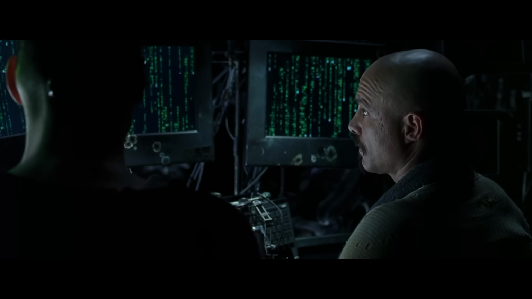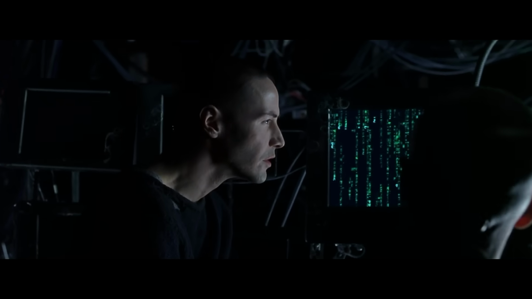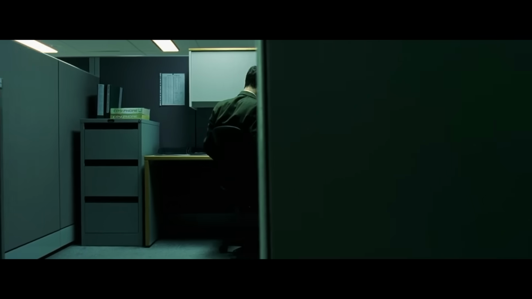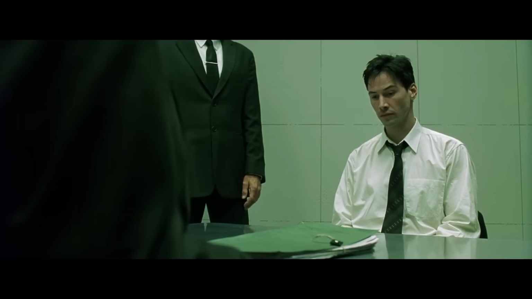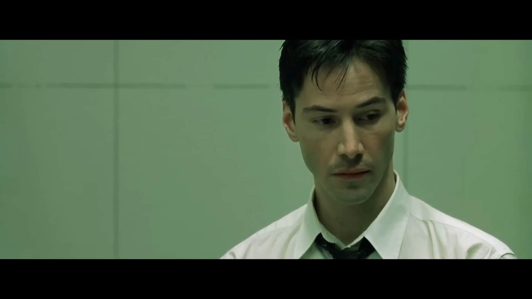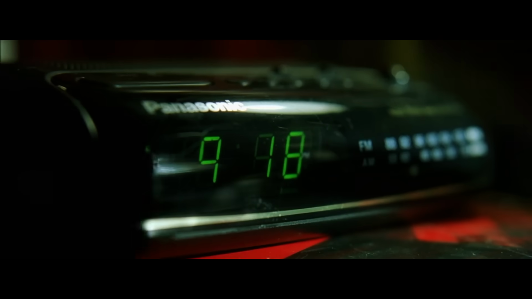Back over in the Matrix, computer data streams are present in more ways than just the obvious vertical data streams on computer screens. There's Neo's alarm clock. There are very few props in his office cubicle, but he has a couple of phone books which basically contain lots of numbers. There's Neo's case file with its emphasis on data crunching, which is also verbalized. You have a social security number, you pay your taxes. Note the prominence of the colour green in these examples, by the way, like with the Matrix data itself.